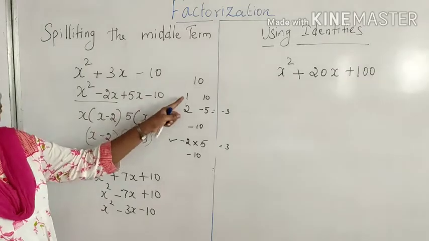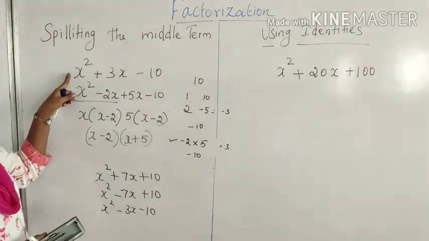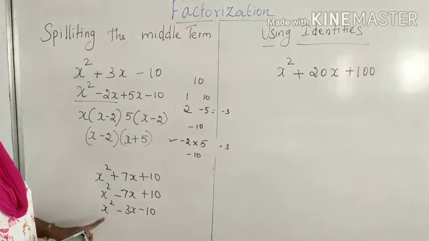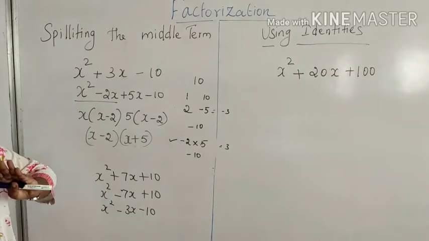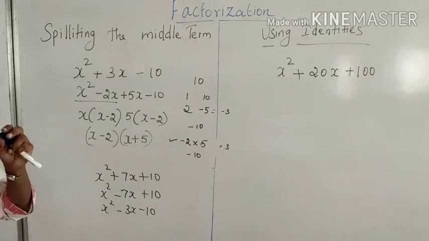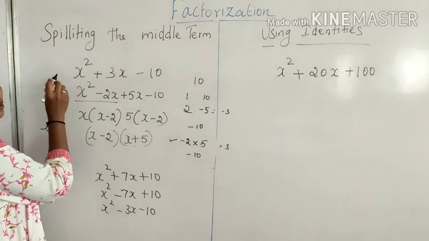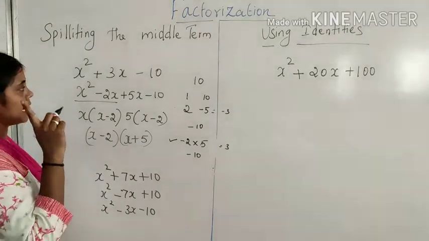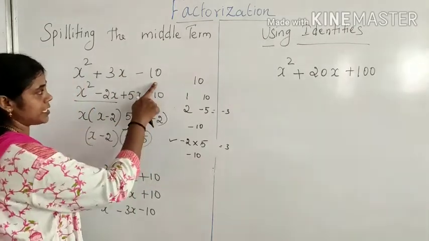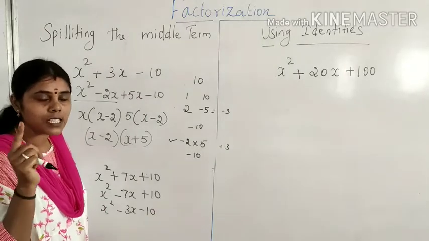So while finding the factor itself, you can directly write. When the coefficient of x squared is 1, you can write directly. For that also I taught you 4 types of sums. You can easily see the sum and give the answer directly, within a second. First you have to verify the coefficient of x squared is 1. The second step is to find out the factors of the last term. Once the last term's factors are found, you have to decide the symbols.